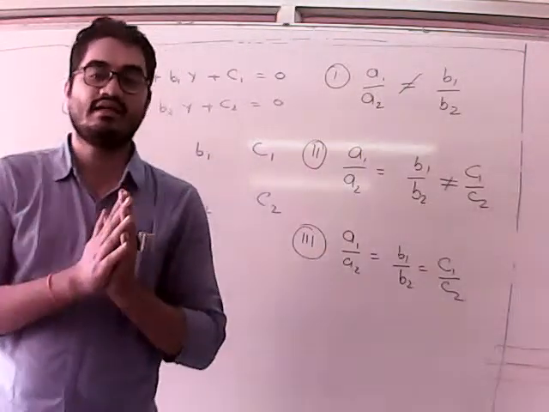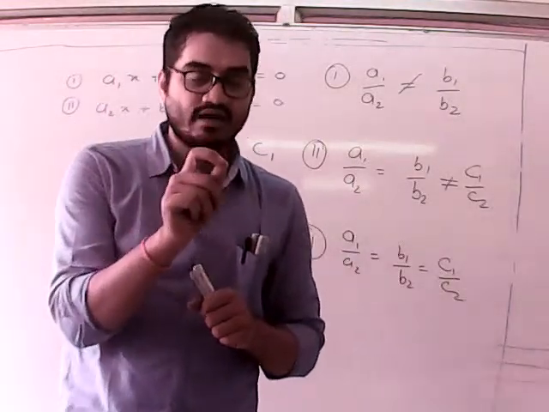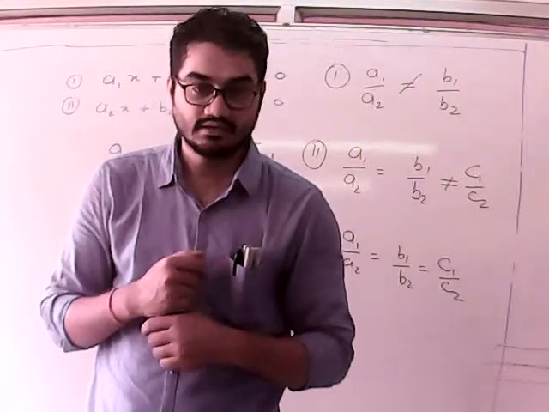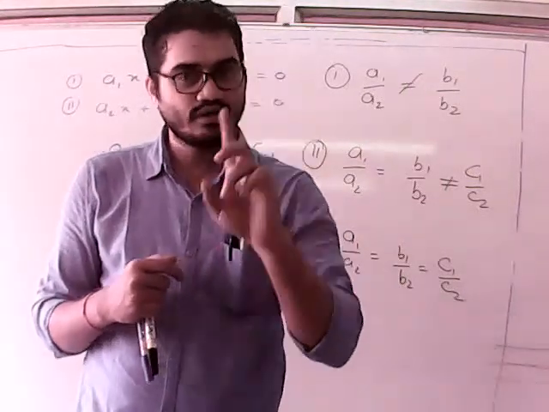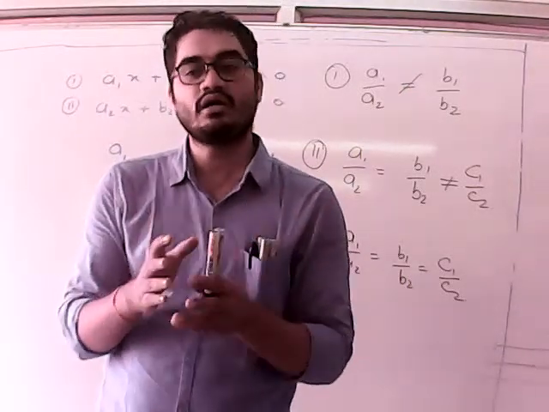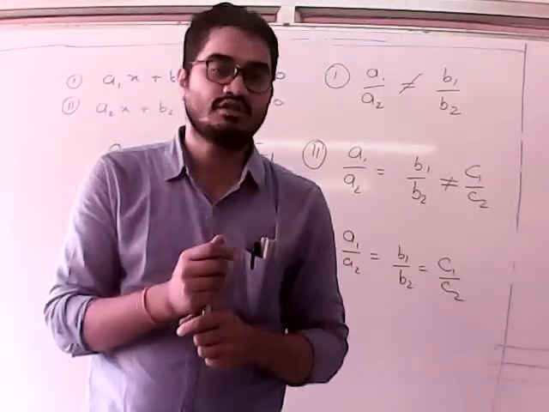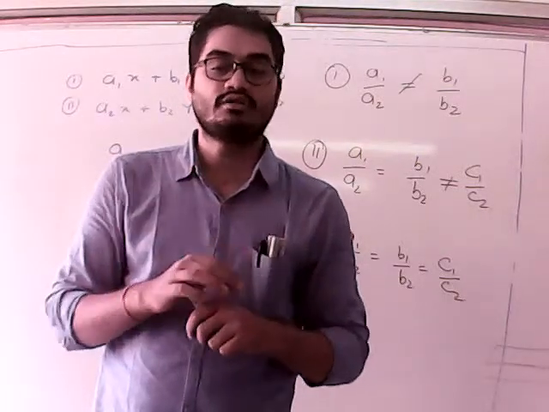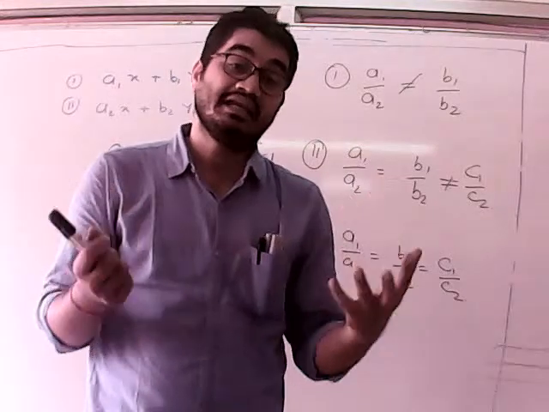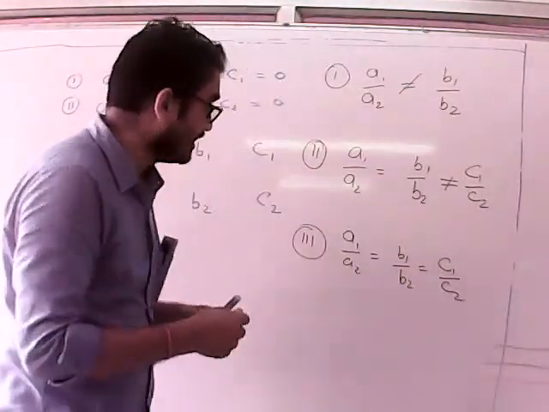पहला कंडीशन जो है ग्राफिकल मेथड, इसका क्या होगा कि भाई पहले में a1 upon a2 is not equal to b1 upon b2 होगा, तो हमें यूनिक सॉल्यूशन मिलेगा। क्या मिलेगा? यूनिक सॉल्यूशन, कोई एक सॉल्यूशन मिलेगा। सेकंड, जो ग्राफिकल वे उसका रिप्रेजेंट करता है, दैट इज व्हाट, कि उसमें हमें नो सॉल्यूशन मिलेगा, और जो थर्ड सॉल्यूशन है, थर्ड वाला, उसमें हमें इनफाइनाइटली मेनी सॉल्यूशन मिलेंगे, बहुत सारे सॉल्यूशन मिलेंगे।